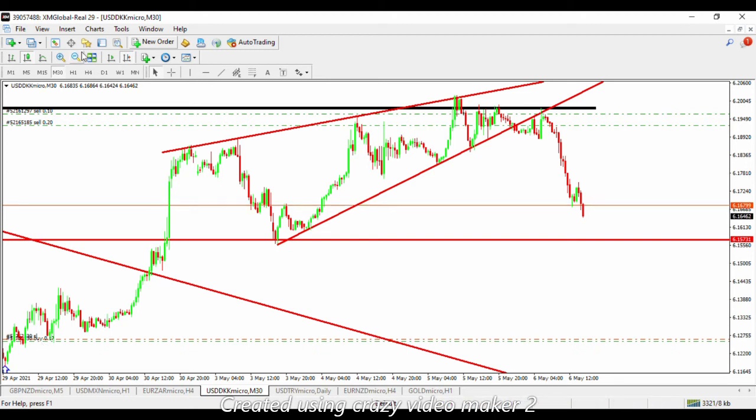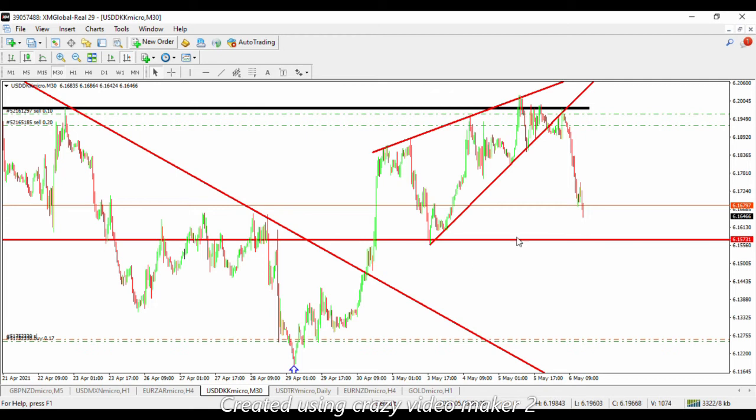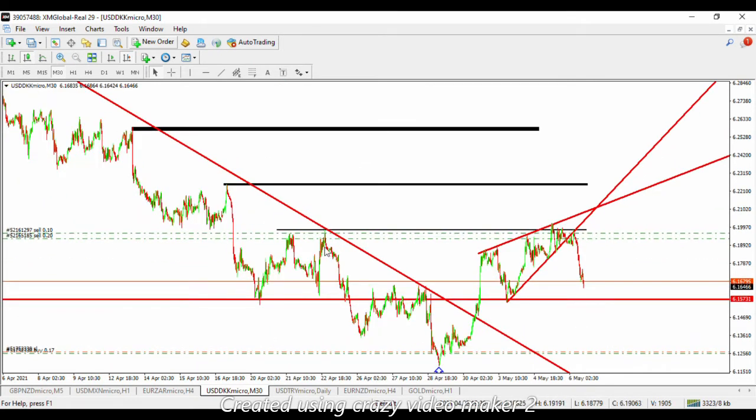Now, on the bigger picture, even though this is the target for the rising wedge, as you can see, I do have a buy position here. I just wanted to take advantage of this huge pullback here. If I zoom out, you can see that this is the buy position here. We entered here as the buy position, and this was the first resistance area. Along the first resistance area, I do look for a buy-in position, but because this rising wedge was forming,